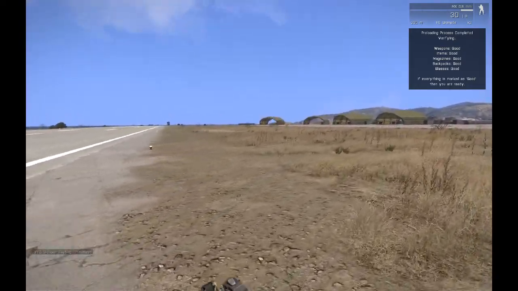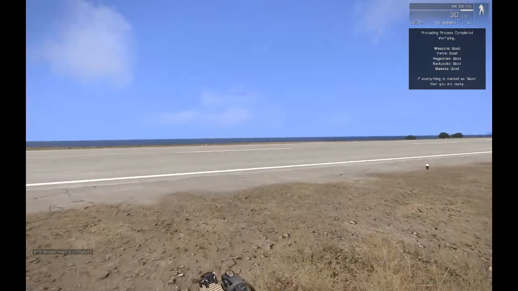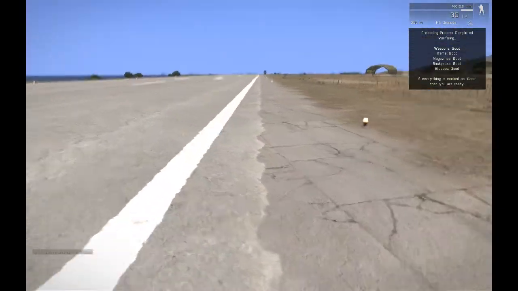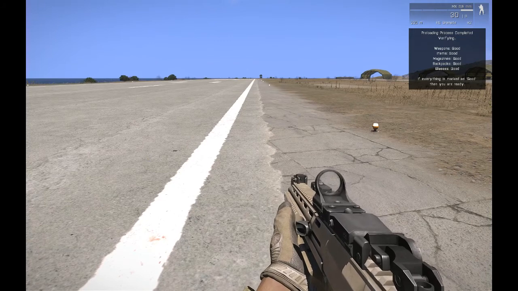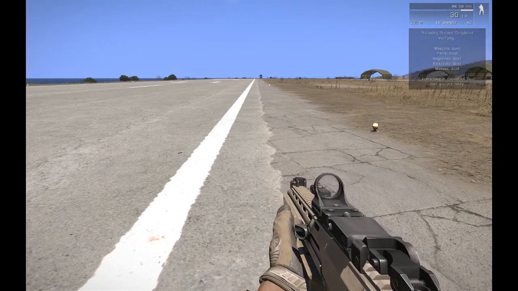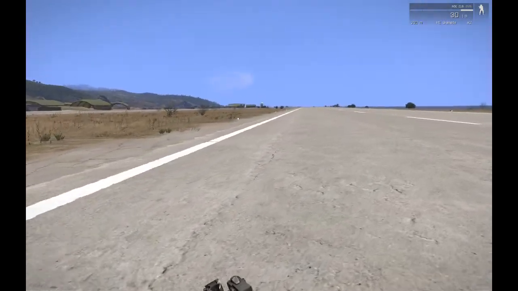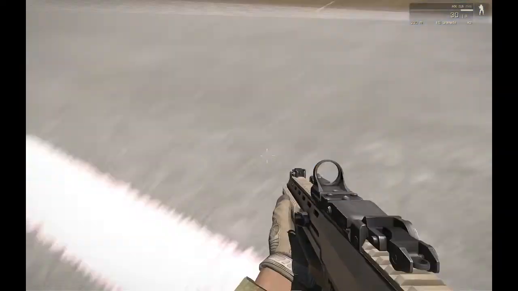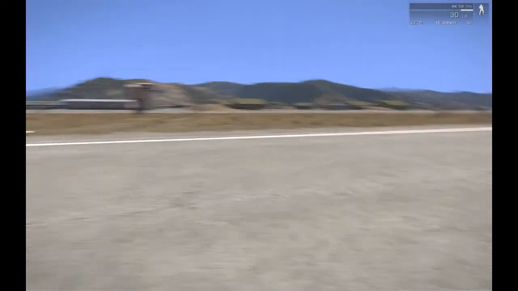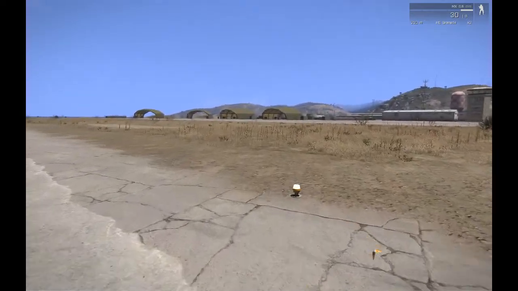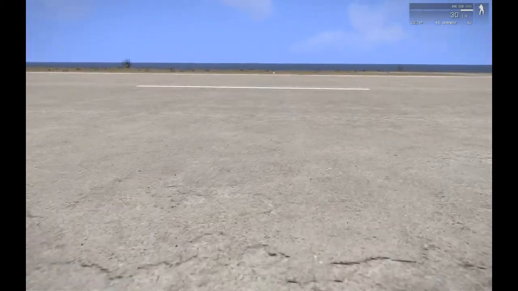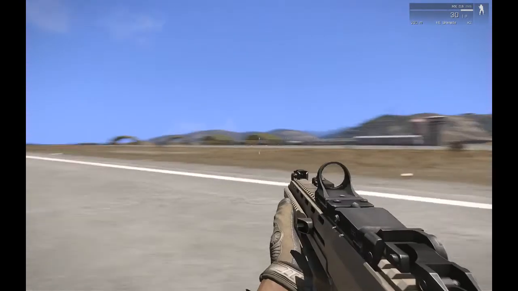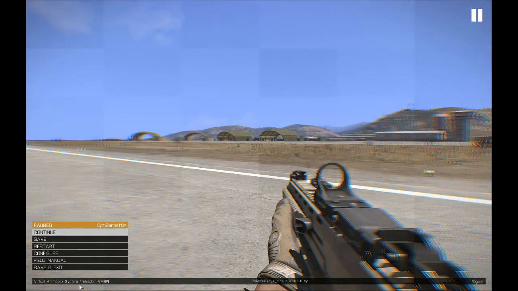VASP loads faster on the client side than the server side. When you first start up Arma, VASP has not loaded yet. Hopefully by the time you get in the server it would load, but a lot of people have a problem with it not loading fast enough, and they'd be sitting there at the ammo box, saying come on, I need to go, get the op started. It will work eventually, people just have to wait, but if you're joining last minute, you're going to want to jump on the VASP preloader, the Virtual Ammo Box System preloader, get it set up, and then join